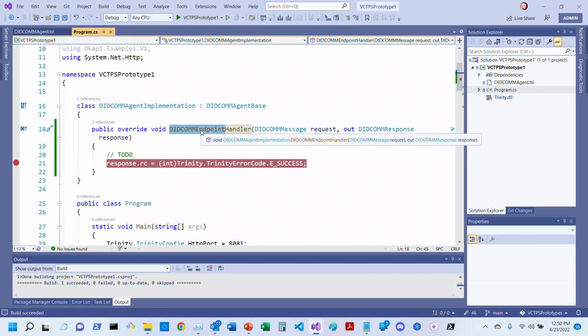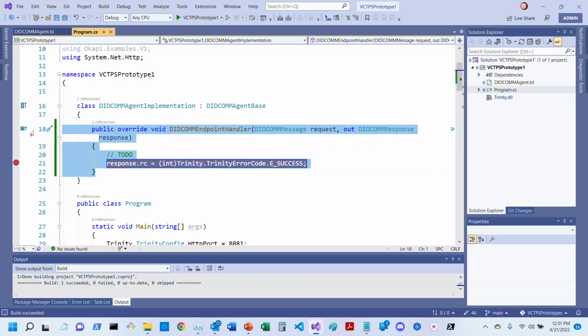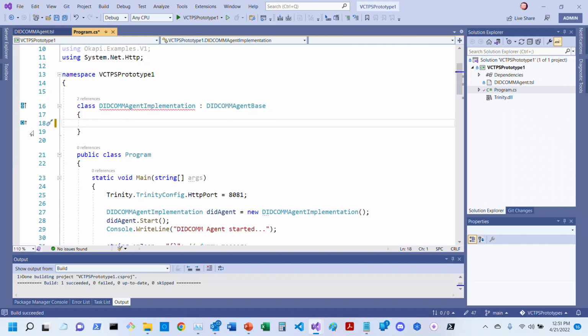And so we can see that our handler expects a DIDCOMM message and returns a DIDCOMM response. Here we're setting the response to be just an integer return code, value 0. And that's all there is to it. You don't even have to remember how to code that, because if you just start by creating an implementation